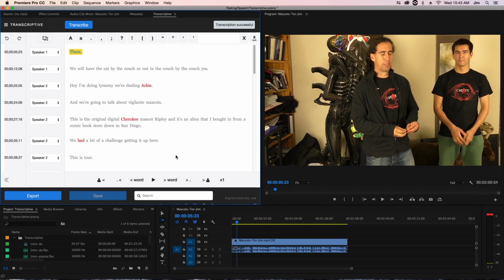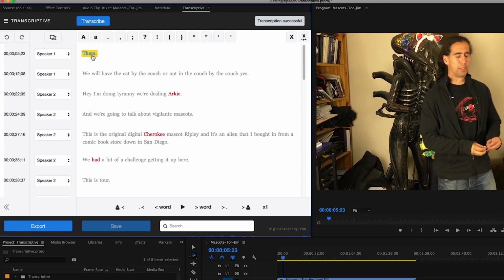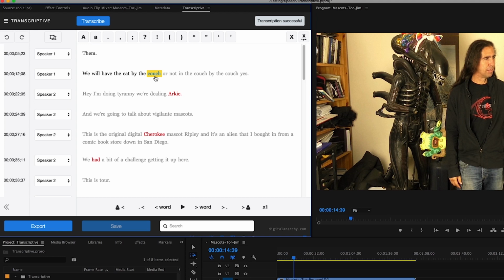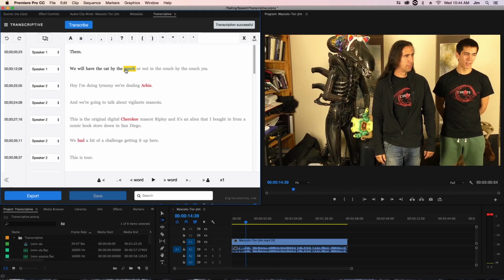So what we have inside of the Transcriptive panel right now is a transcript that we just got returned from Watson. Sometimes we'll want to go back to the transcript that we've had returned to make sure that everything is accurate. Now, if you'll notice, I have a highlight that shows the current word that I am tracking in the transcript. When I click on other words, you can see that because we're fully integrated in Premiere, the playhead will skip to where that word is spoken. And if I go ahead and play it back, you can see that the tracking highlight will follow along.